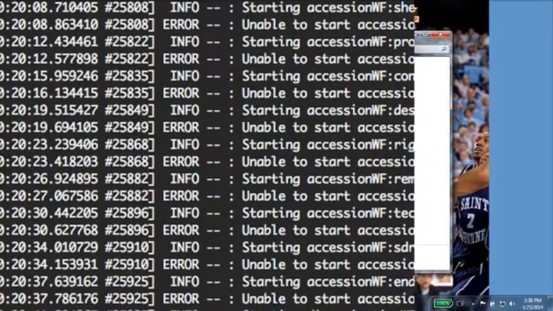So this is a log from an actual system workflow that Darren talked about. And you will notice that it is an error state, unable to start the accession workflow. That is actually a lie. It is able to start the accession workflow. If you go into that particular step's log, it says there's nothing in my queue. That's why it can't start the robot. Oh, so this log should be updated.